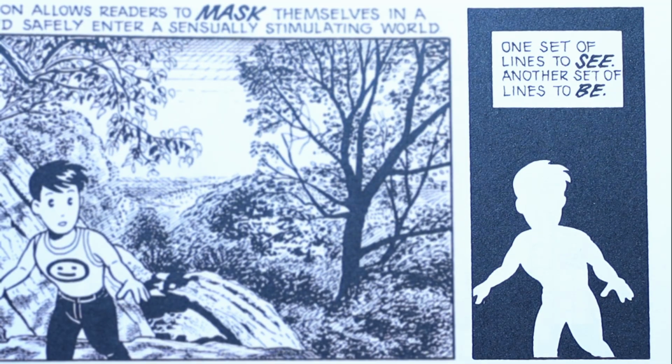We identify with the characters and imagine that we are them, experiencing the same adventures, with the background just being, well, background. McCloud has this wonderful expression: one set of lines to see, another set of lines to be. Two different levels of abstraction at the same time, and we don't have to spend energy climbing up and down between them. We stay at one level and ignore the other. The difference in style assists us. It helps us understand that there's no need to focus on that part.